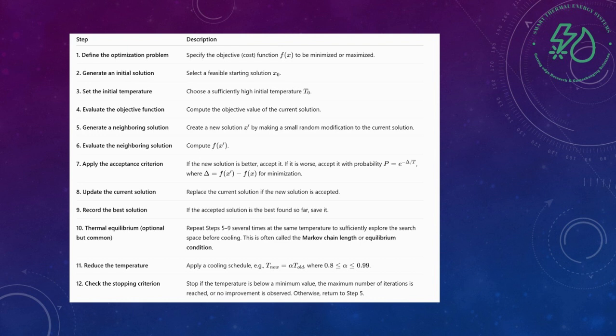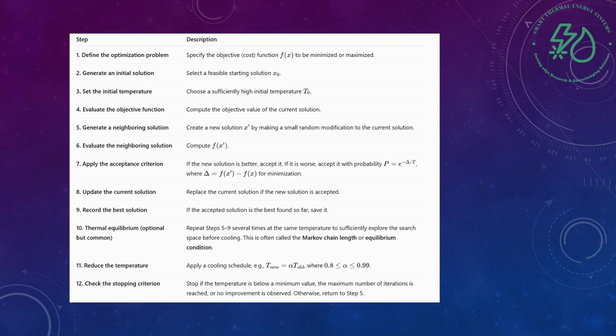Then we have step 6. We evaluate the neighboring solution by the objective function. So it means that we calculate f(x prime). Then we apply the acceptance. In this step, we apply the acceptance criterion. So if the new solution is better, it is accepted. If it is worse,